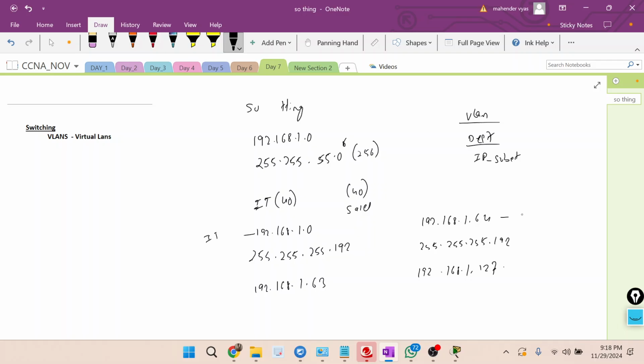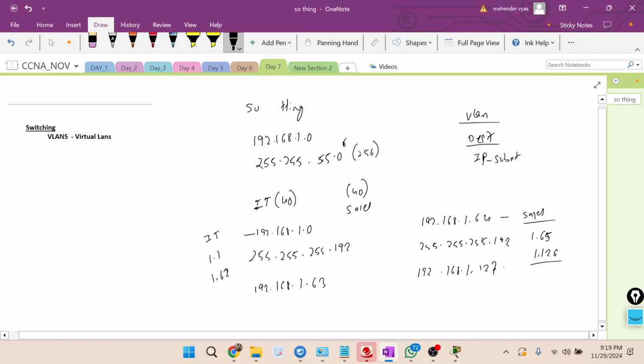Then this would be the network address of the sales department. Then what will happen? Whoever connects to IT will use addresses from 1.1 to 1.62, and whoever connects to sales will use from 65 to 1.126 only. That's how things will work in the environment. Is it making sense now? Why we were doing subnetting and how we can divide subnets for each department?